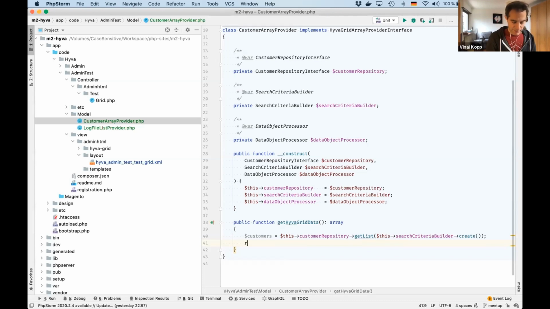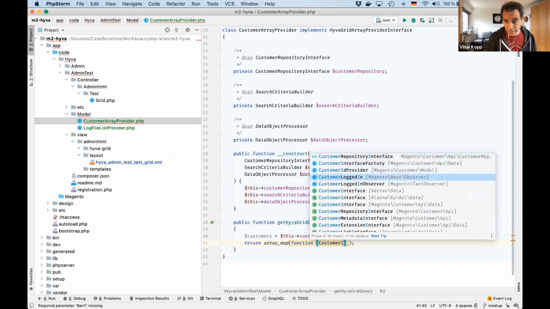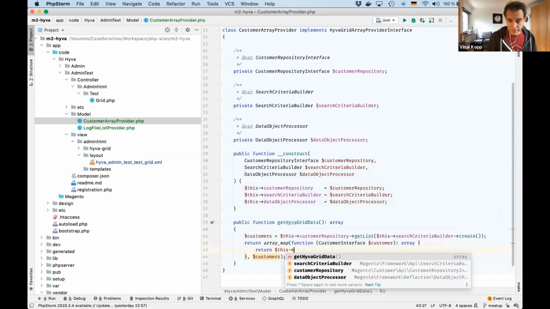So that's an array map. And it will take a customer interface instance, and it will return an array for each one. And we want to iterate over the customers. And now for each one, we'll return this